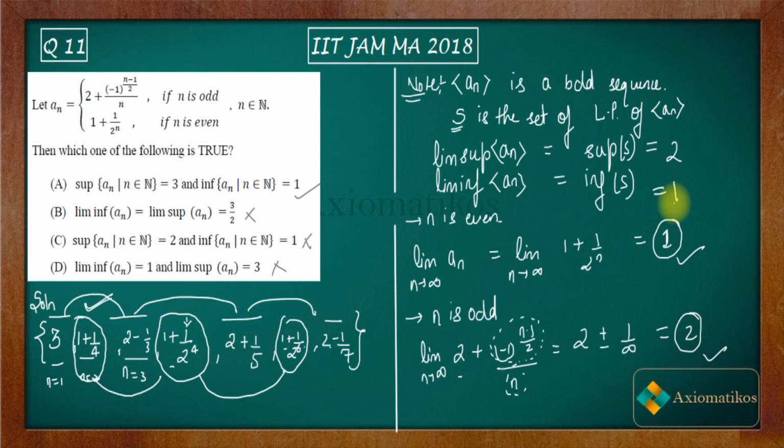Even though this is not a part of the question, because they are asking you option A first, that means they are asking you supremum and infimum initially. That means they want you to find out supremum and infimum. Don't get into options B, C and D. You just have to solve option A and then you will find out A is correct, and it's going to take you less time. So this is how we can prove that only A is correct.